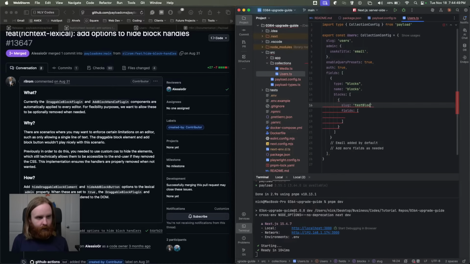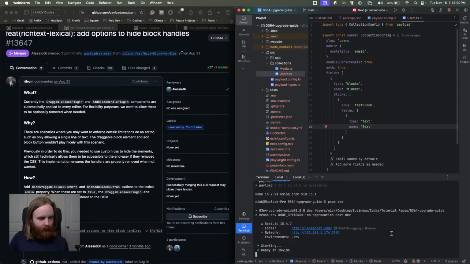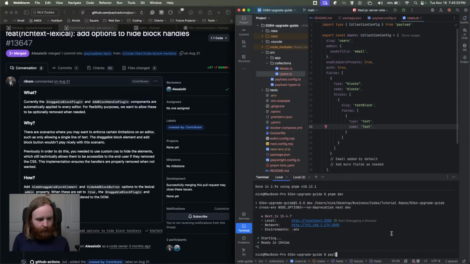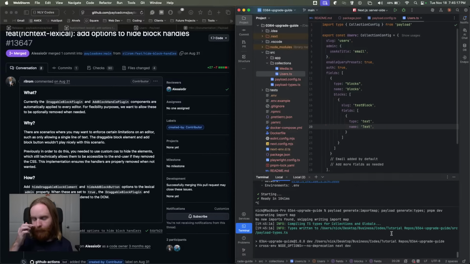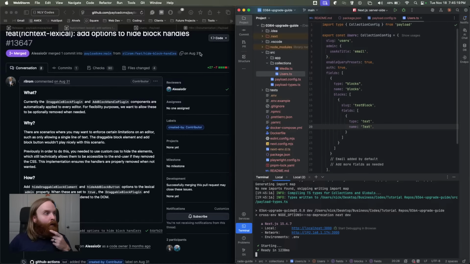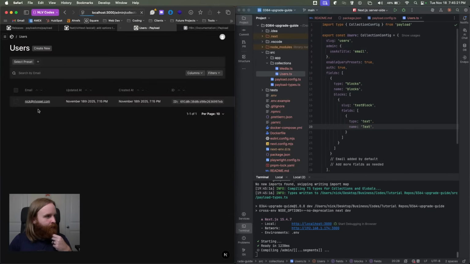Slug, this is just a test block. And I don't want to make this super complex, so I'm just going to add a text block with the name of text. So now I'm going to do payload generate import map, payload generate types, then pnpm dev. And I do this essentially every time that I run pnpm dev. Now if I go to users and refresh,